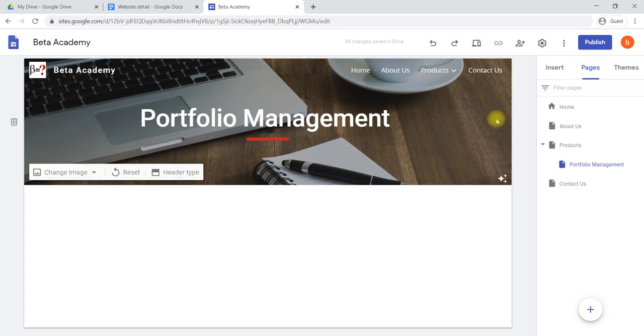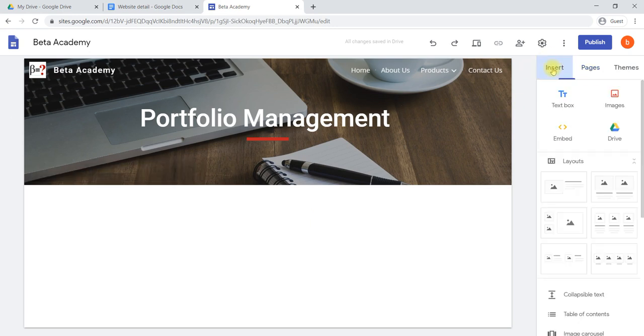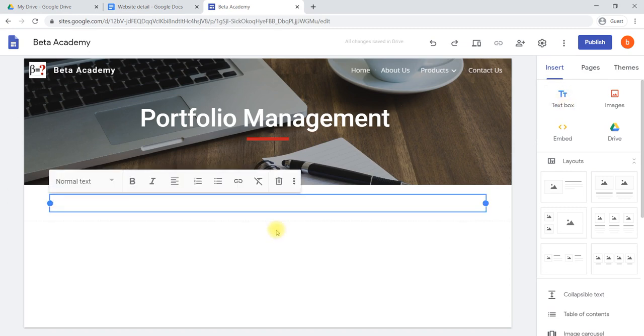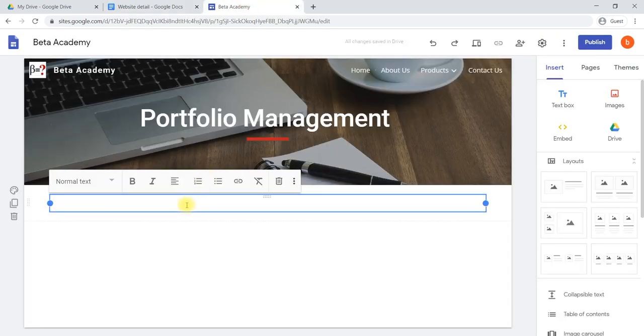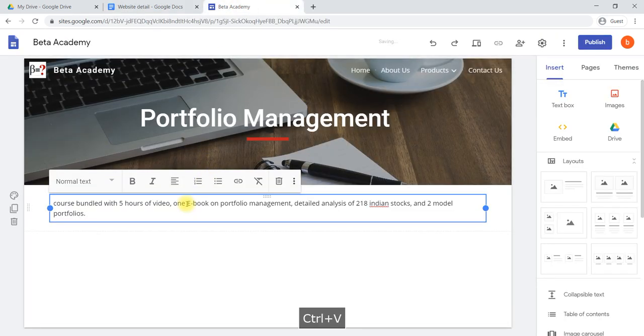To add a description, again we'll go to insert, we'll add one text box. There we will copy this course description. We have copied it.